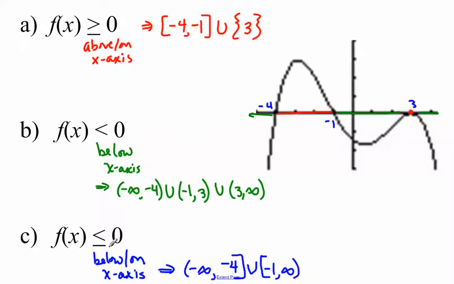And then this last one, f of x less than or equal to 0. Okay, well this time it can be below or on the x-axis. How does that change my answer? It's still going to be this back section, negative infinity to negative 4, but I'm going to include the negative 4 this time. Okay, I'm going to start here at negative 1 and include it with a bracket, and I can go all the way up here to 3. And this time I can include the 3, so I can just keep right on going to positive infinity. There's no reason to break this up here because all of this is going to give me something that's below or on the x-axis. So the second part of my answer there is negative 1 to infinity.